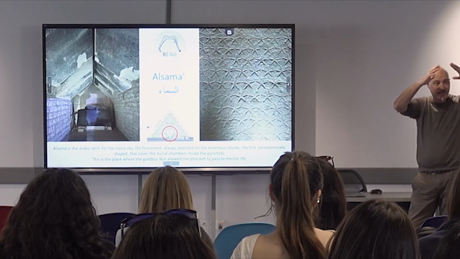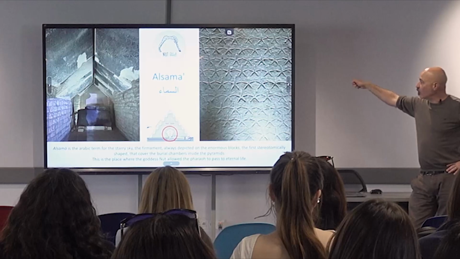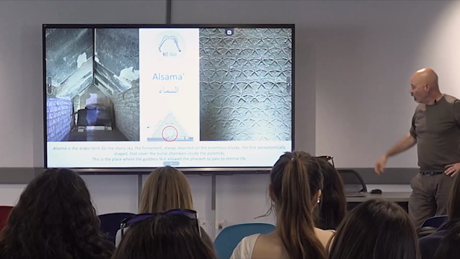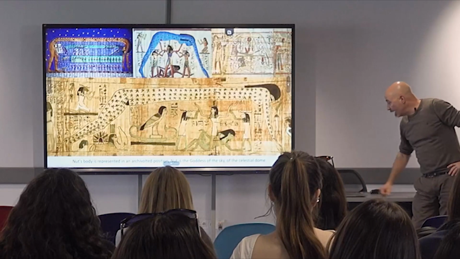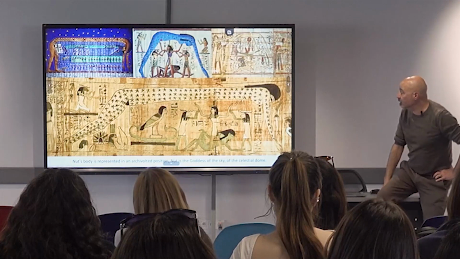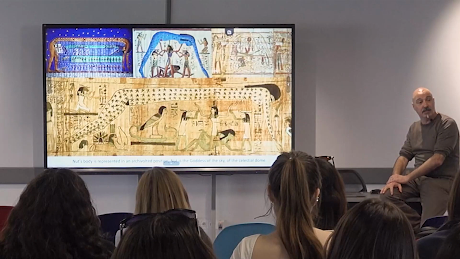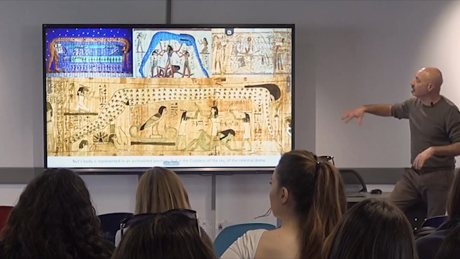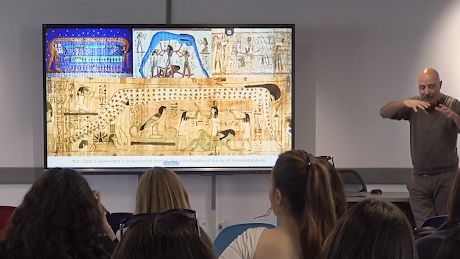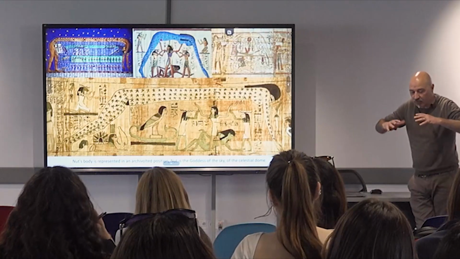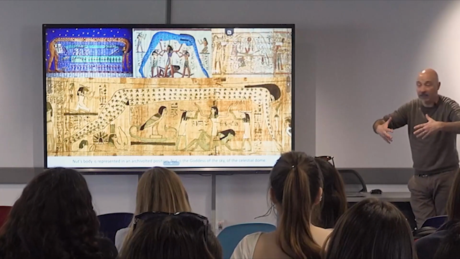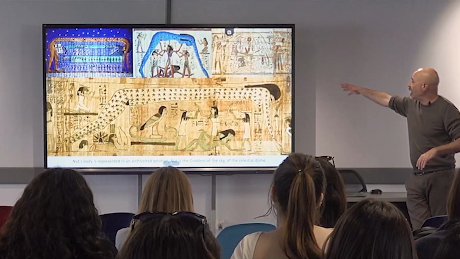So we have a sky drawn on the stone, and the body of Nut, the goddess, is represented always like a body curved to cover and protect the people,